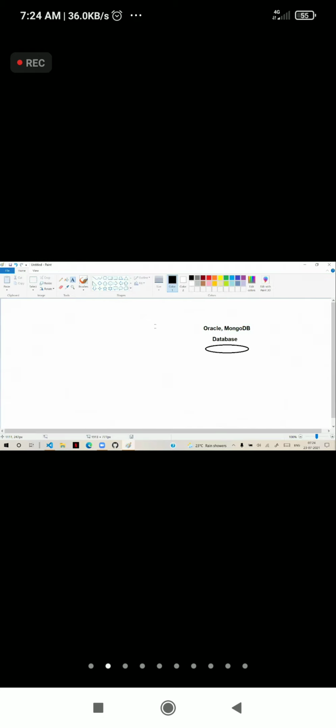Now in a database, data is stored in rows and columns. Data is stored in table form.